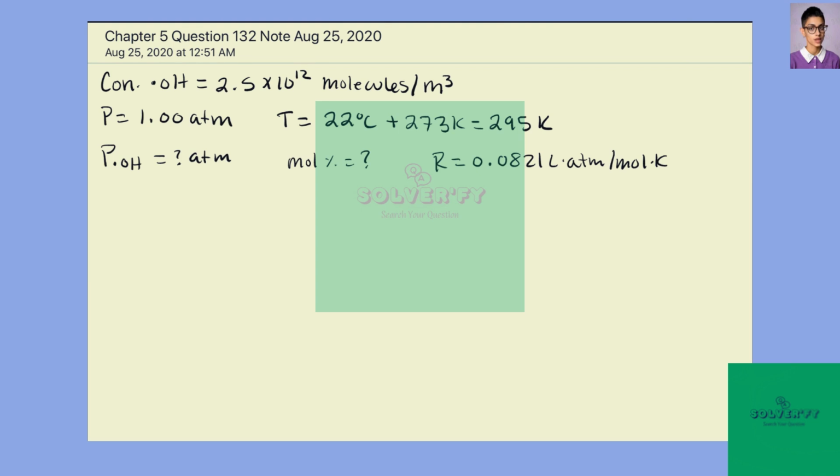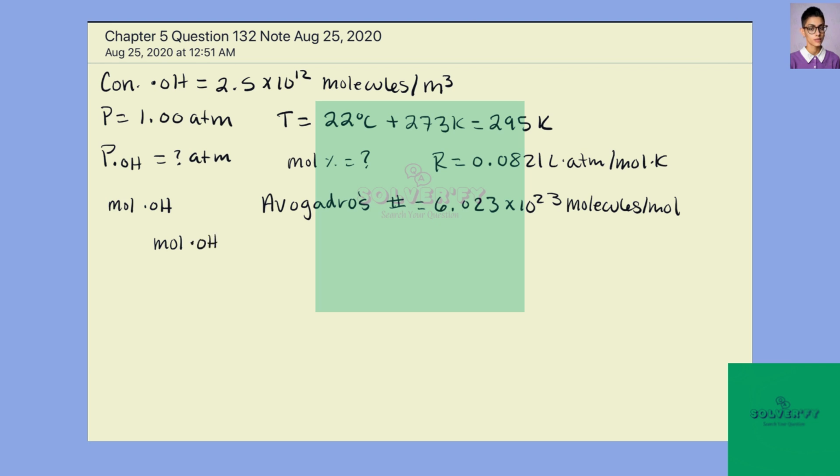Alright, so to start out, let's find out how many moles of the radical that we have. So moles of our hydroxyl radical. To do this, we're going to use Avogadro's number, which is equal to 6.023 times 10 to the 23rd molecules per mole. So to find the moles of our radical, we're going to take the concentration, 2.5 times 10 to the 12th molecules, and divide this by Avogadro's number, 6.023 times 10 to the 23rd